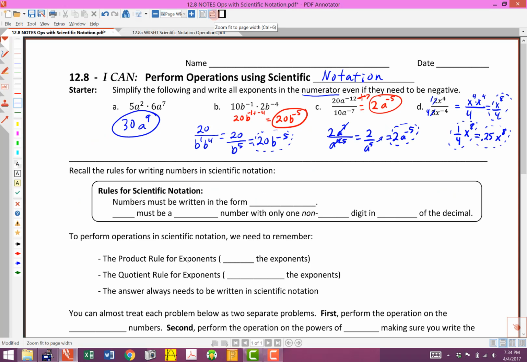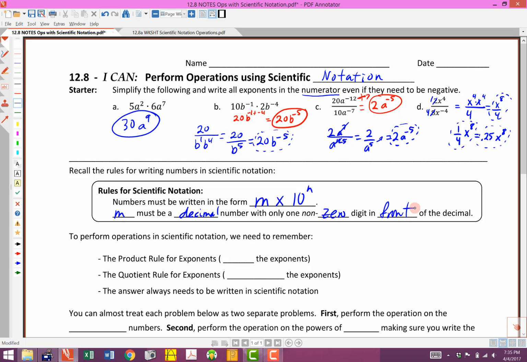The reason that we want to look at exercises like that is because of scientific notation. Let's recall the rules for writing numbers in scientific notation, and then we're going to learn to perform some operations. The first rule for scientific notation is numbers must be written in the form m times 10 raised to the power of n. So we've got to have a decimal number right here, and then times 10 to some power. Remember that number in front, that decimal number, can only have one non-zero digit in front